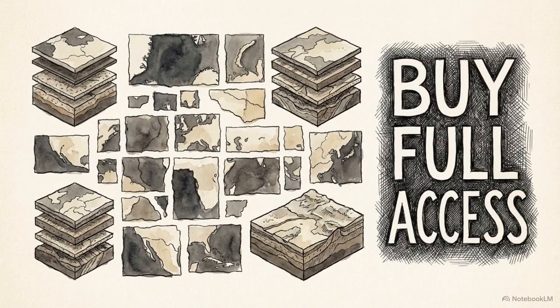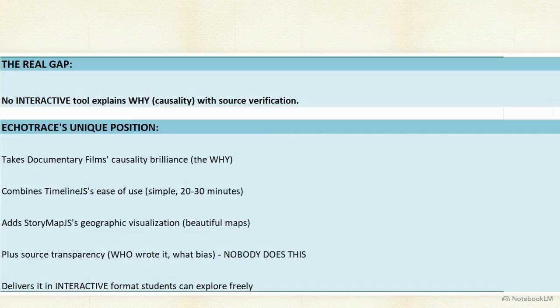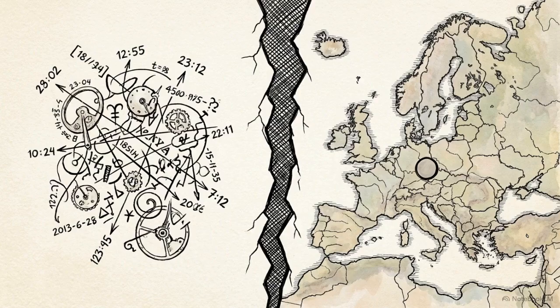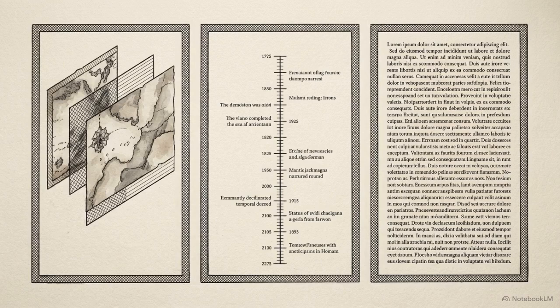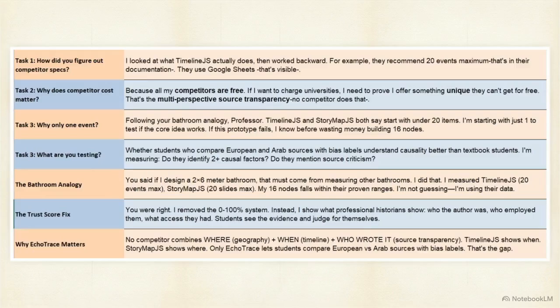They attempt to aggregate historical narratives and sell the facts, rather than providing the navigational framework. As this document snippet indicates, existing interactive tools fail to provide both source verification and clear causality explanations. Competitors like Timeline.js can show you when an event happened, and StoryMap.js can show you where. But none of them integrate space, time, and multi-perspective source transparency simultaneously. This internal table reveals how EchoTrace engineered its prototype specifications explicitly to outpace those three competitors, by making source comparison